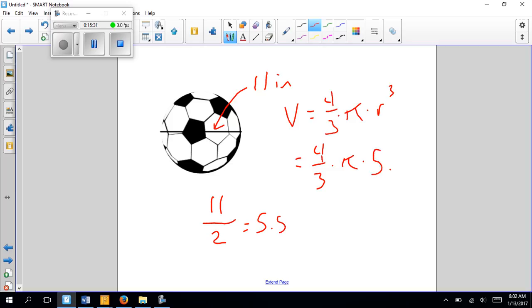So times 5.5 squared. Oh, see, I almost blew it to the third power. So 4ABC3 times pi times 5.5 raised to the third power. If you don't remember how to do the third power, you do that little caret button. So 5.5 raised to the third power. That gives me